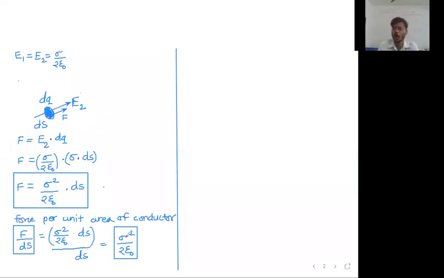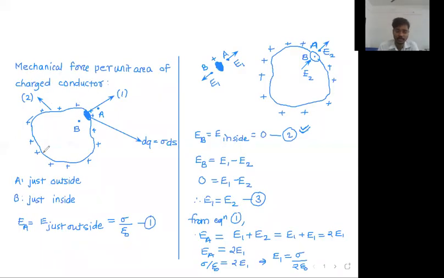And this force is always outward, whether it is a positively charged conductor or a negatively charged conductor. If it is charged, it always tries to expand because charges want to repel each other. Anyway, we have to consider a small area as a general area. Yes, Advait, this thought is perfectly fine. As the conductor is of random shape and we want to find the pressure, you have to consider a very, very small area ds as a general area.